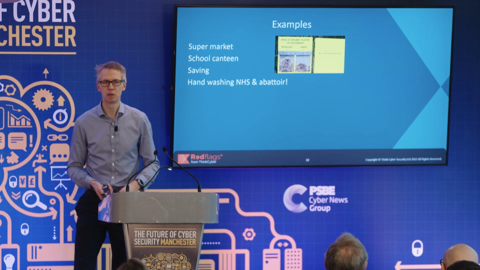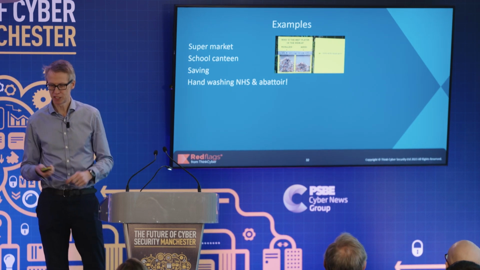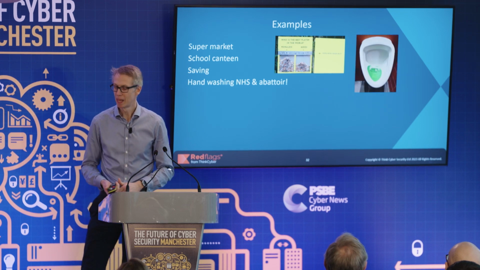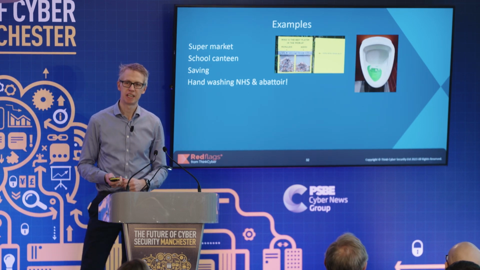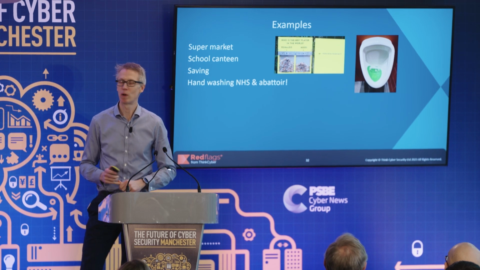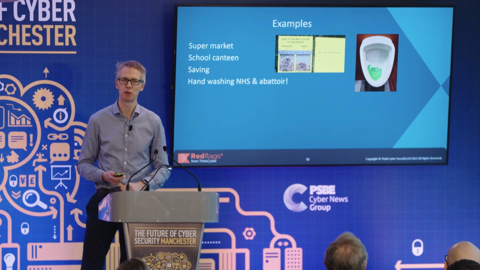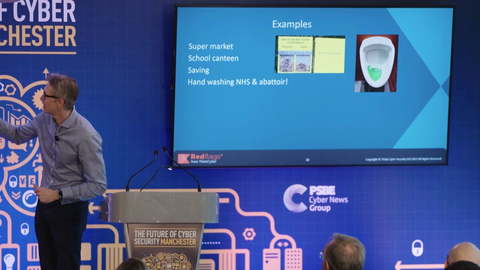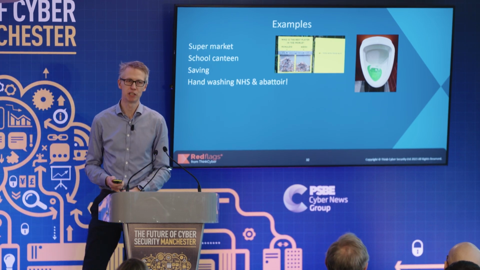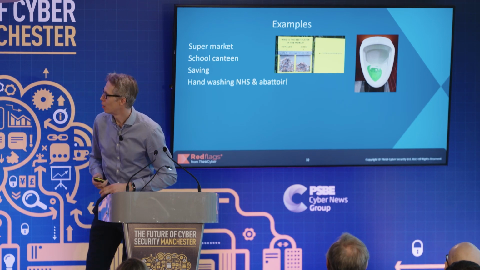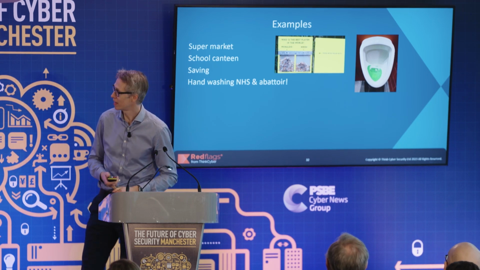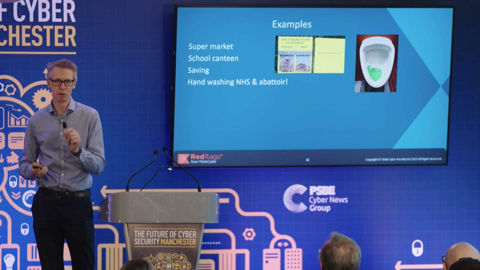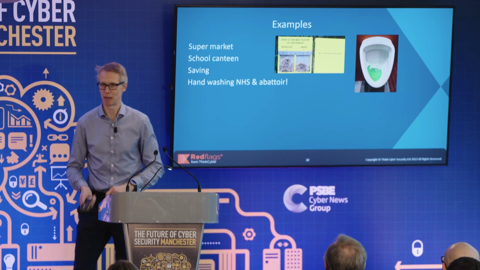Some visual examples, so trying to get people not to litter, probably quite topical if we're in a football stadium. Embarrassing confession here: if you're into nudge theory, then when you see something like this in a men's urinal, you have to take a photo. Luckily, no one came in while I was doing this, but essentially that is a tiny little football goal in a urinal, and this is meant to make men aim directly. Why they can't anyway, I don't know. But one of the first ever examples of a nudge was a fly in a urinal in Amsterdam airport.